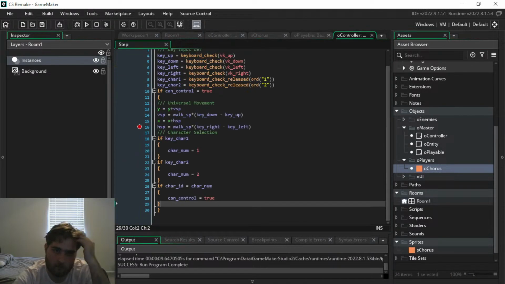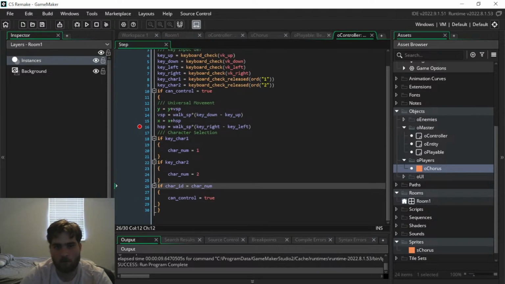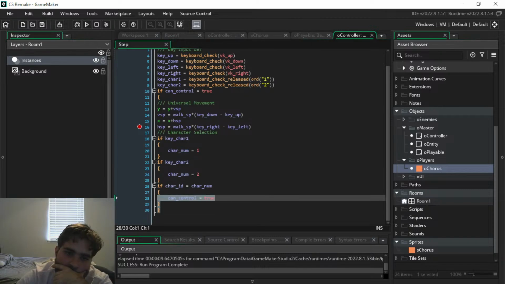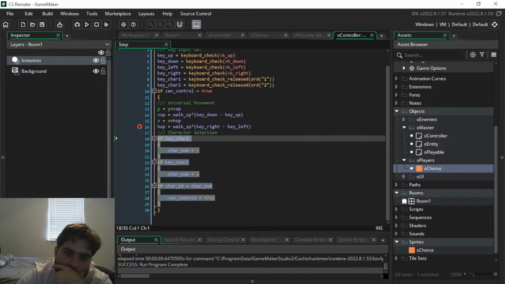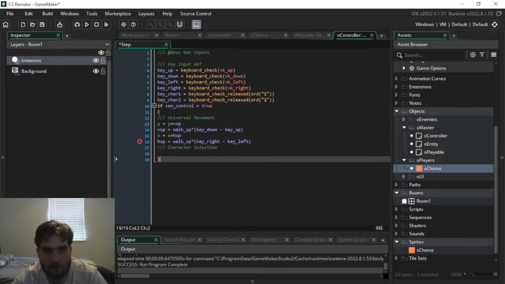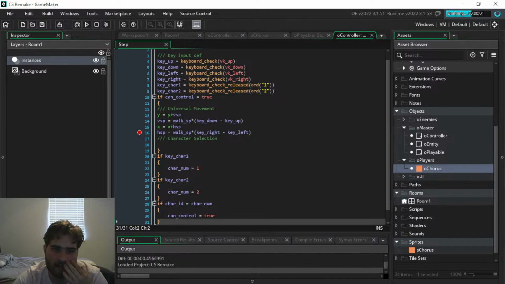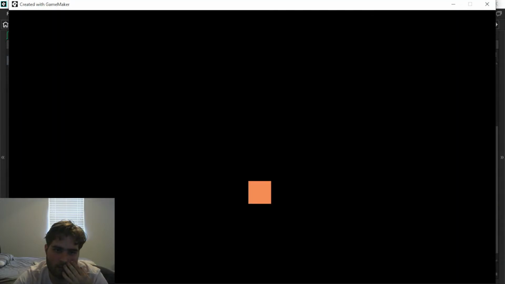There's probably some... Oh, that would be why. All of this was put in a set of brackets where I actually can't do anything with it. So, copy, actually, backspace it all, and let's Control V it into here, so that way it's not actually put into... So if we hit 1 now, and then if we hit 2,